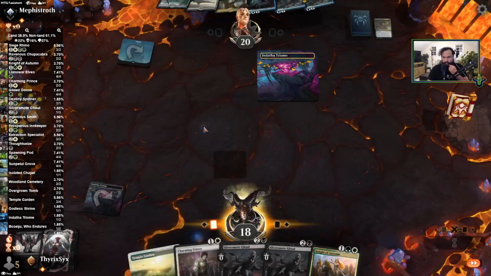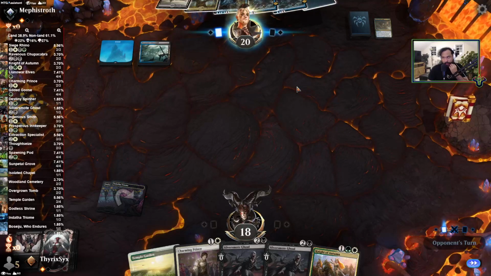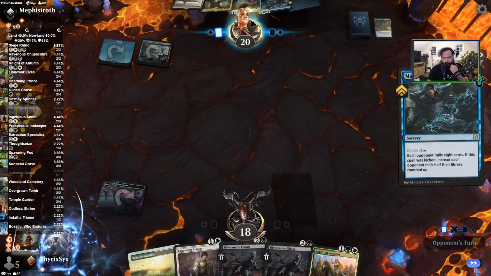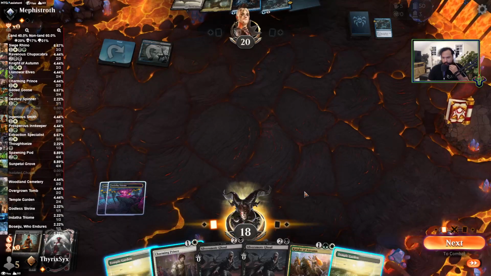I need them to not interact with my board. So get rid of the Drown in the Lock so they can't counter or kill any of our stuff. They can Madness, whatever. There is a Silversmote Ghoul in here. So what I could do...